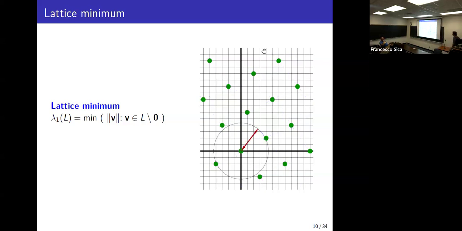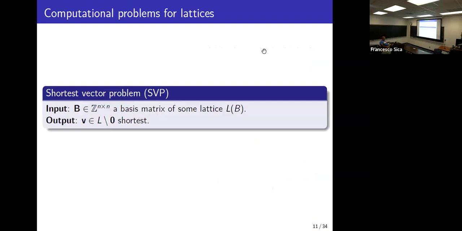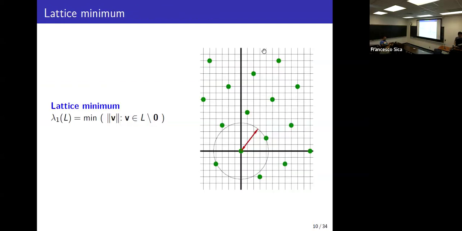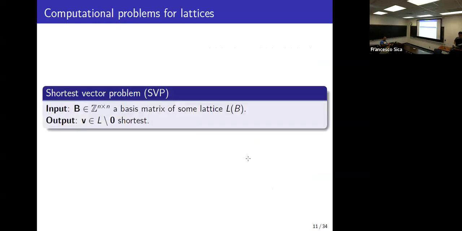If I draw a sphere using this radius, it actually verifies this, because within this sphere there is no other green dot point other than 0, and it's on the boundary, which means that indeed this vector and its symmetry correspond to the shortest vector of this lattice. The shortest vector of a lattice is not necessarily unique, as already shown in the two-dimensional picture over here.